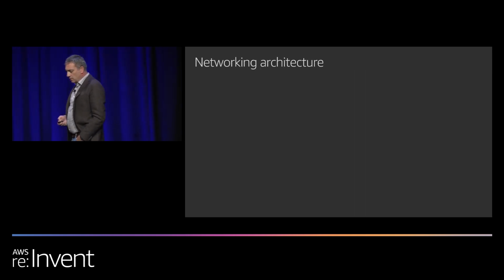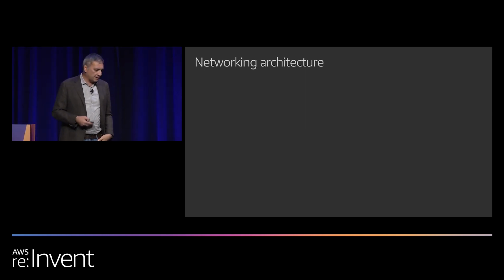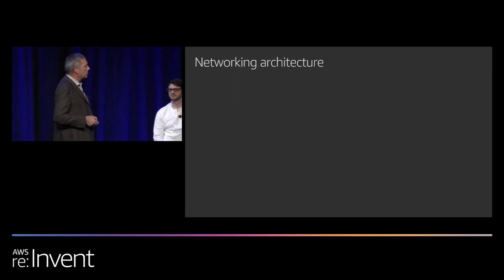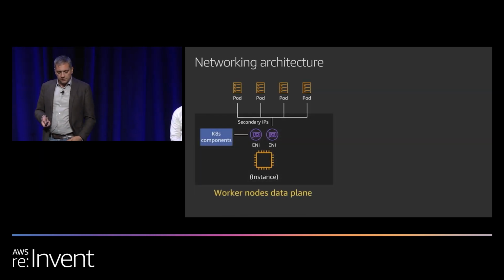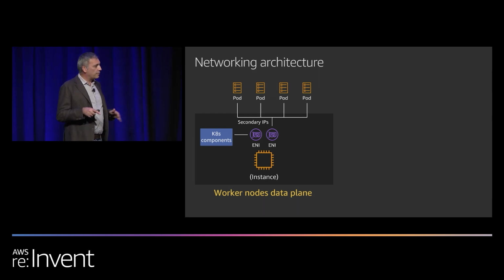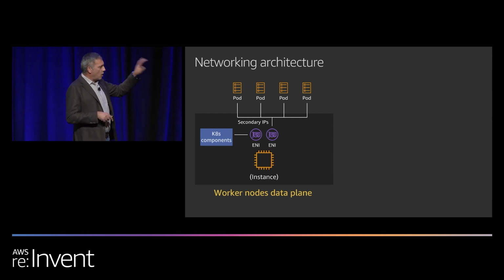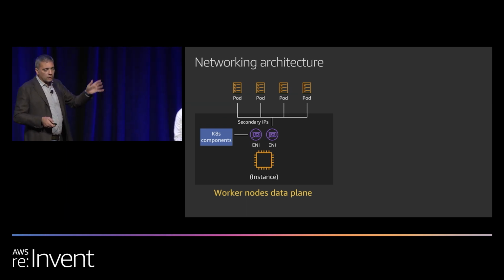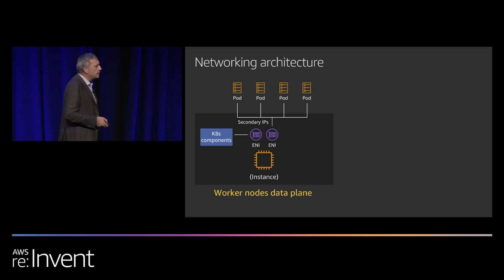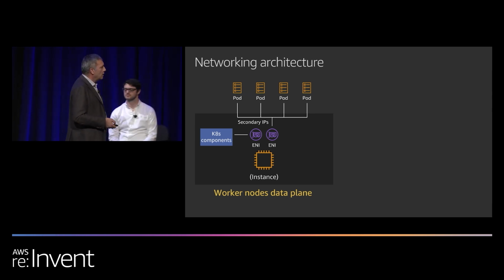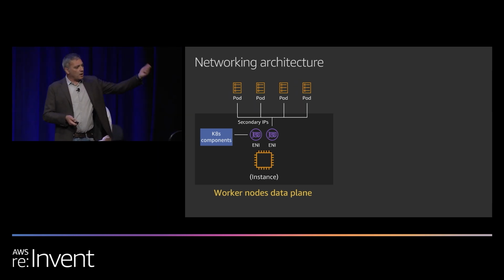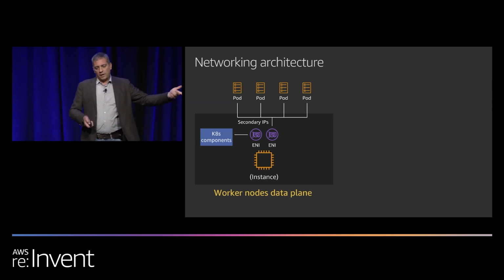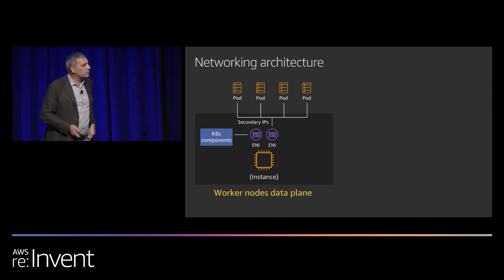Let's go through some additional slides on the networking and security architectures and storage before passing the ball back to Nate. So this is what we have been running up until today, right? You have 1 or more instances in your account. Each of them has 1 or more ENIs, or actually minimum 2 ENIs, 1 for the Kubernetes components and 1 for the pods. And then we give those pods secondary IP addresses out of these ENI for them to have a routable IP address, which is kind of how Kubernetes works.